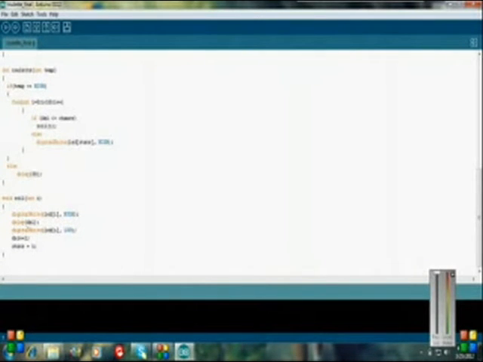In the void roll function, it is the part wherein the LEDs will be set high or be determined if it is low. And then the delay is equal to del. In here, the delay value is 50 as the initial value of the delay. And then after the digitalWrite has been set to low, the delay will be incremented by 2. And the state here will be the value of the i in the roulette function. And this is the code of our mini roulette.